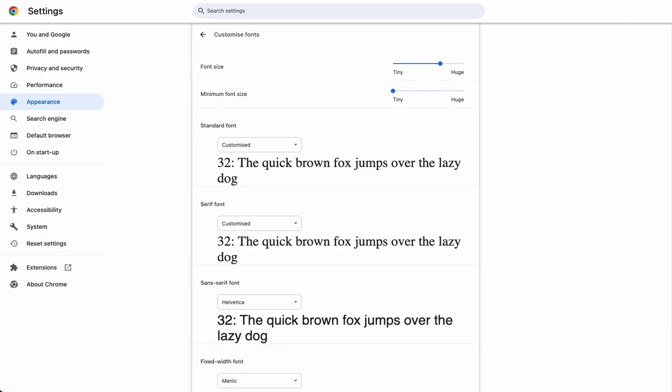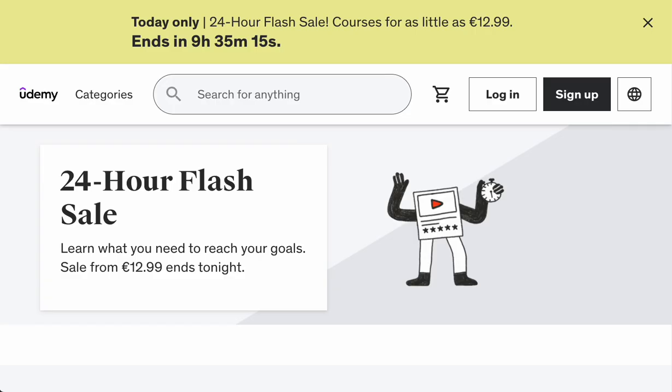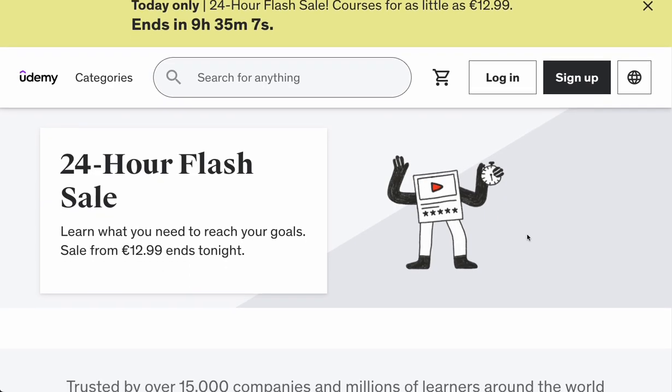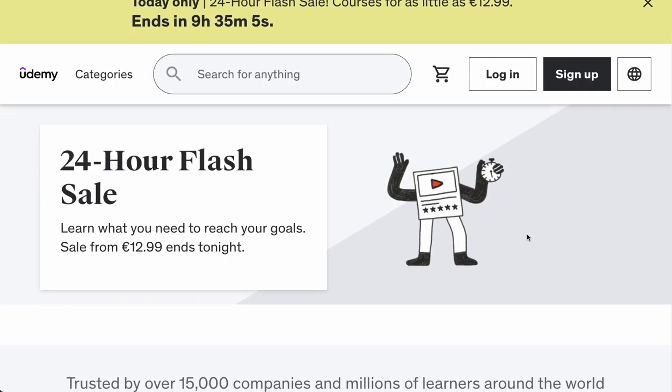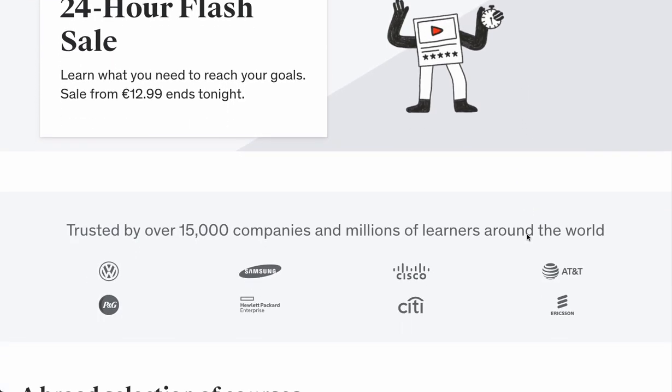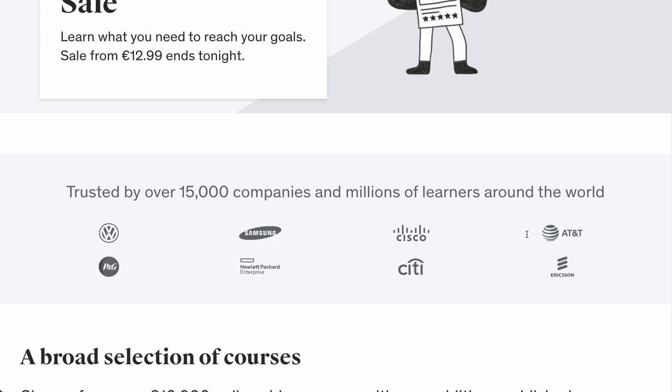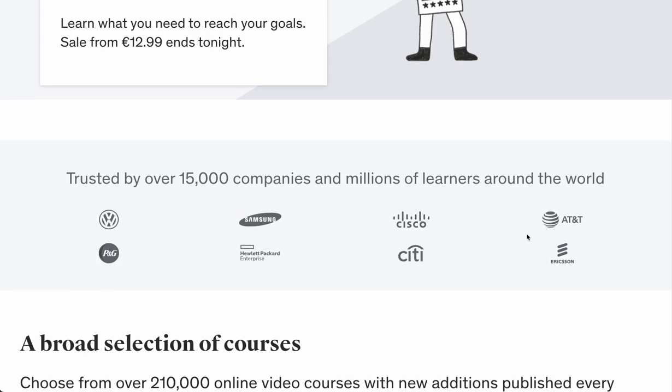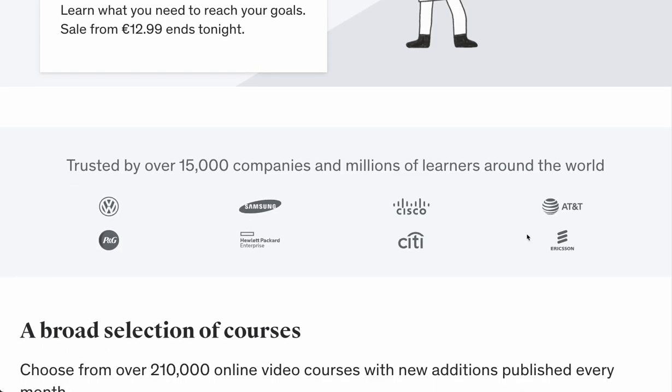We'll start with Udemy and how it should be. So the learning platform Udemy does an excellent job on this, proof that this is possible. Even without inspecting, it's clear that Udemy fully supports text zoom. When scrolling, you can see the difference between the text and the logos, which are images, so won't resize when we apply zoom on text only.